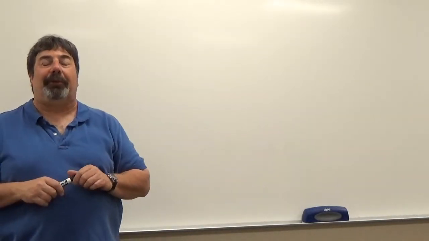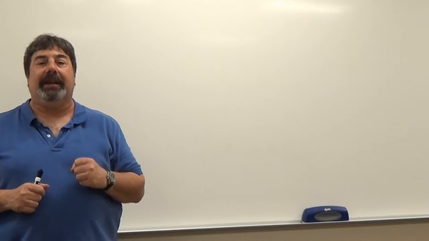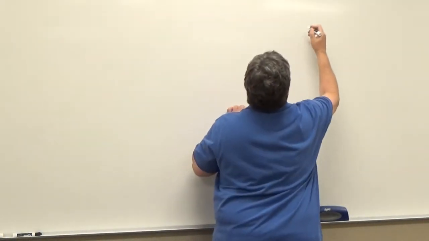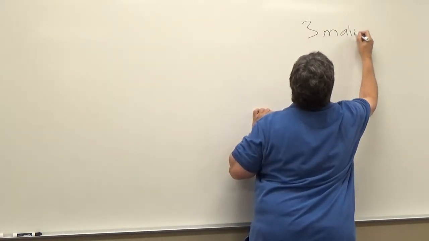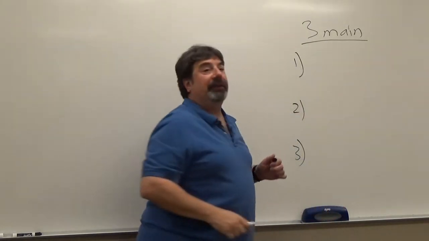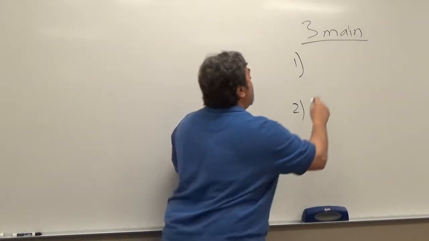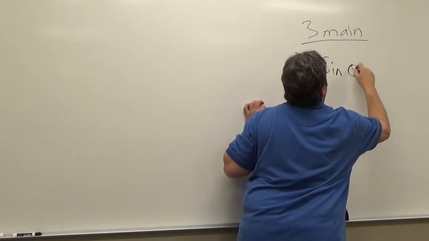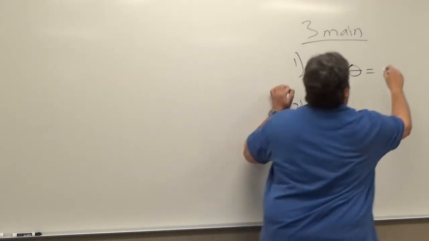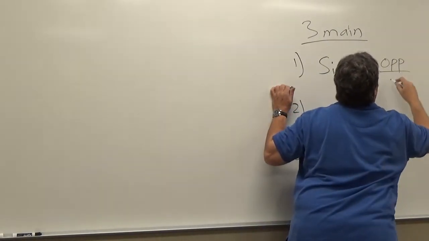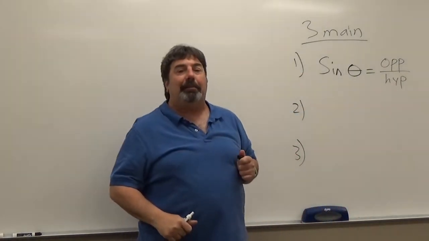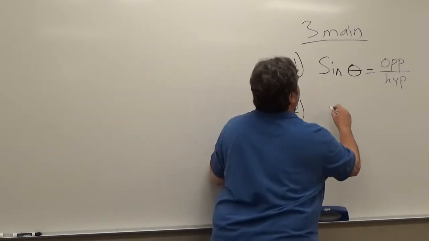And always keep the three main trig definitions handy to refer to. And those are the following. The sine of an angle, we'll call it theta, unknown angle, is always going to be the opposite over the hypotenuse. The definition